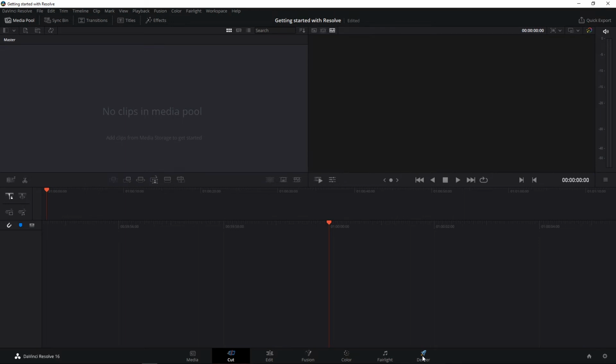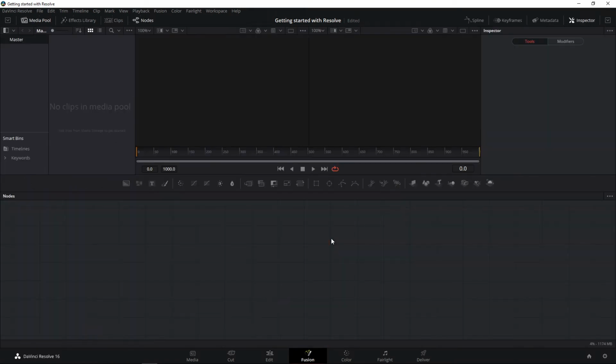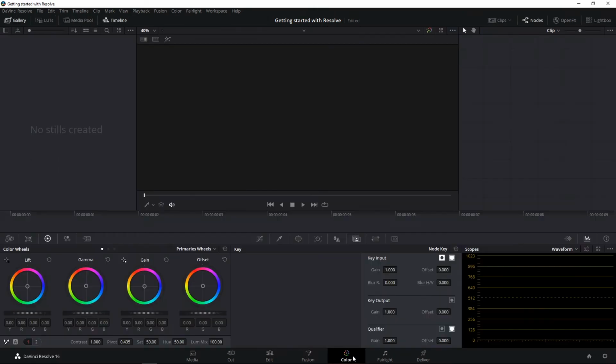In DaVinci Resolve, on the other hand, everything is in one space, in one spot, and in one window, right? So the same timeline that you work on in your Cut or your Edit page, you can take to the Fusion page, which is basically, for lack of a better word, Resolve's version of After Effects. And then you can take it from there to your Color tab, where you do all your color grading, similar to exactly what you would do in